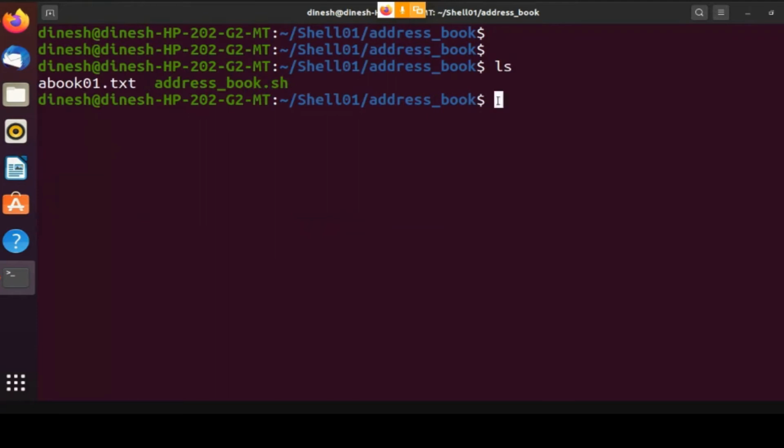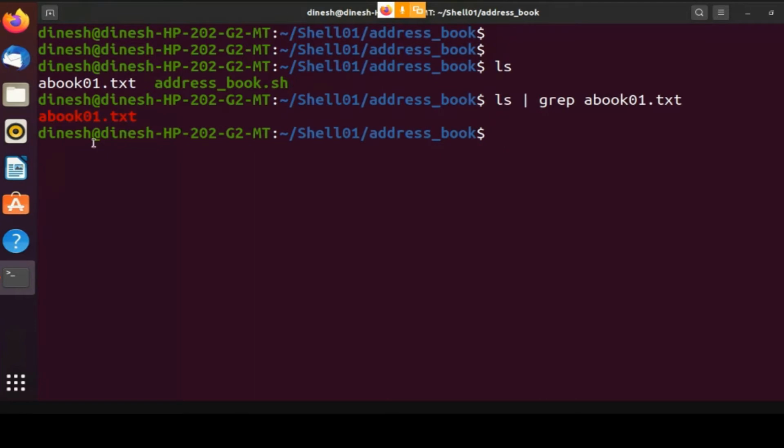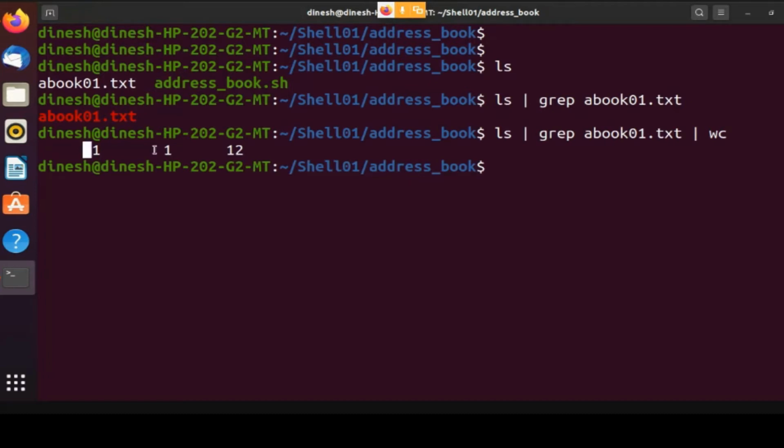When you fire ls, you will have all the list. And with ls, there is one command called grep. So for example, let us say I say grep, and then I type abook.txt. Then it will just highlight whatever is there. So this will highlight that abook.txt is already present there. And along with that, if you count the words, if I say wc, it will give you one line, one word, and 12 characters.